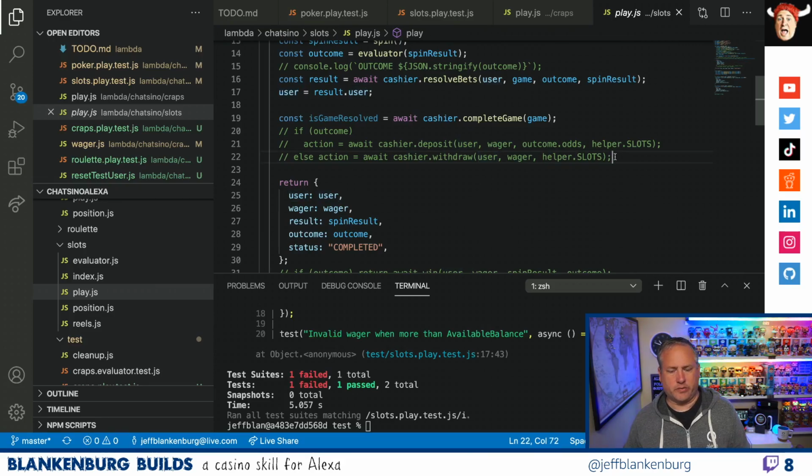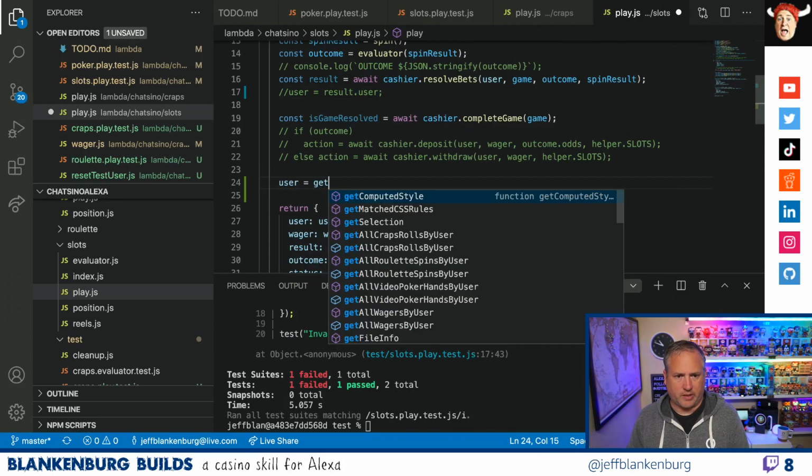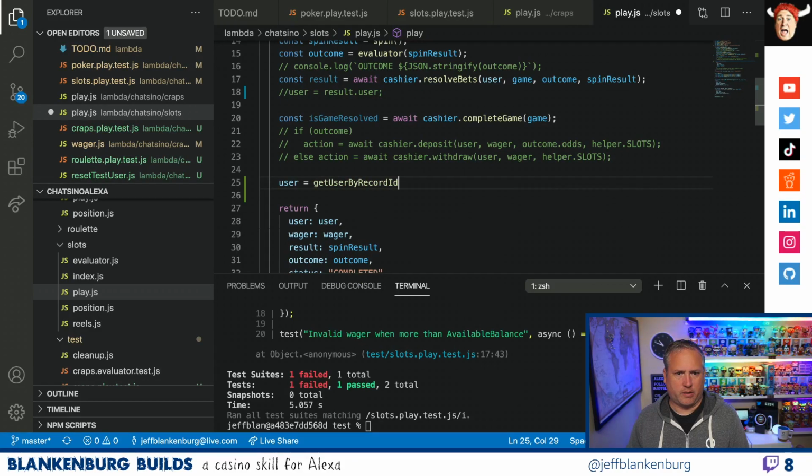We should just get the user again. This is broken. So I don't even really need that. Let's just say user equals get user by record ID, and the record ID